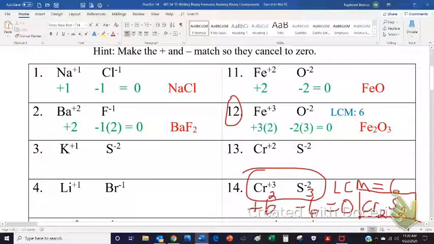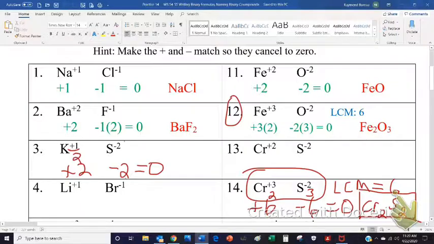All right, let's try number 3 and number 4. Potassium +1, sulfur -2. So what we have to do is bump up. We always bump up. We never go down. So I have to bump this +1 up to make it +2 to match the -2 and give us our 0. And as I said in the notes, this is the only time I want you to get a 0 on the assignment. All right, well, how many 1's make 2? 2 of them do. And we didn't change this 2 here to get here, so there's only 1 sulfur being